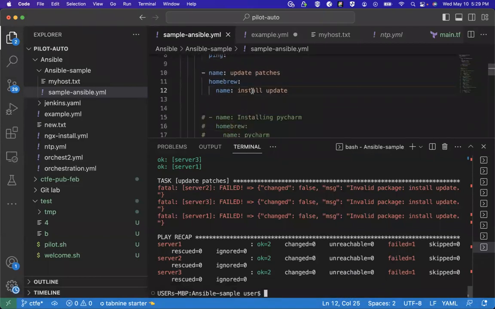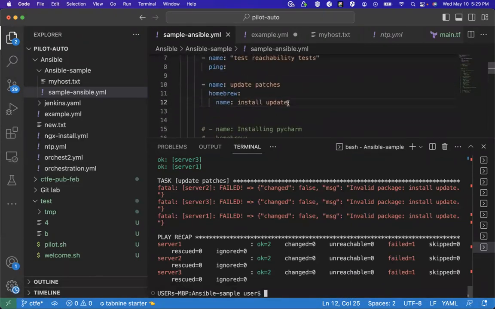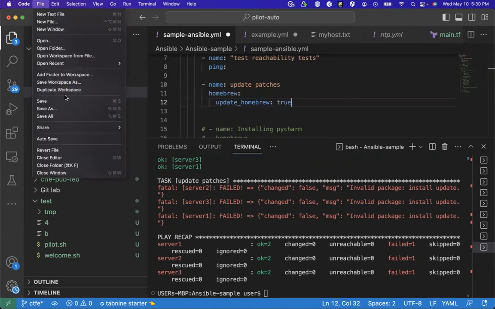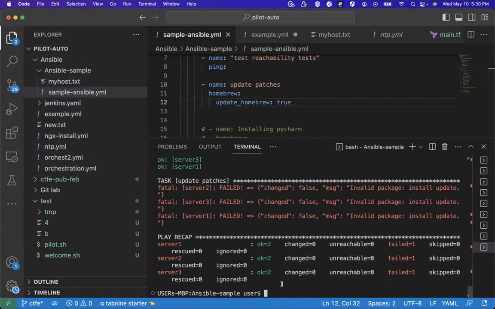So let's add it to our syntax. Come here, say, so you save. Let's see.